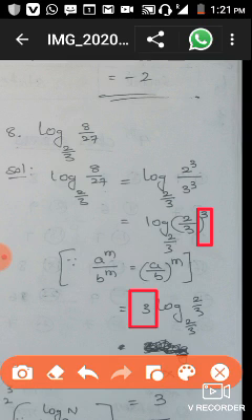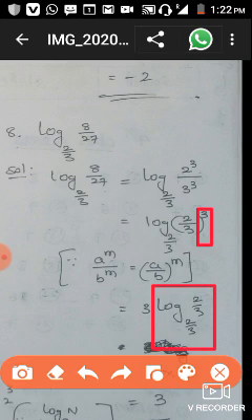According to that we can write 3 log 2 by 3 base 2 by 3. So in the next step, 3 into this log 2 by 3 base 2 by 3 becomes 1. So 3 into 1 equals